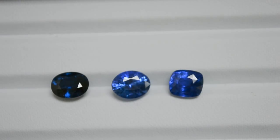So, well, I hope this tutorial helped you understand what color is all about in sapphires, and we'll be